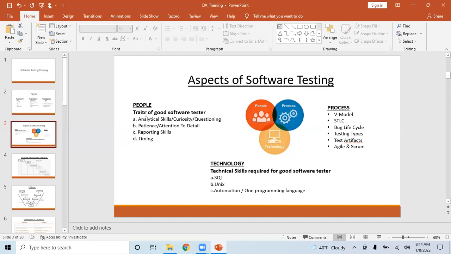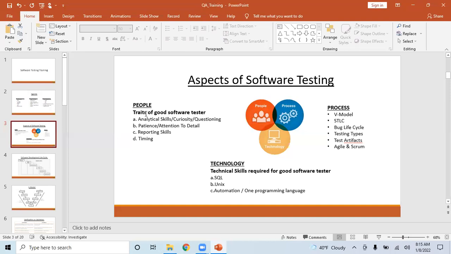When you find a bug during your testing, you have to document that bug. So attention to detail is very important in the way you document the bug, so that anyone who sees that bug should be able to easily reproduce it. The way you communicate that bug to your team is also very important. So you have to mention all the details of the bug and how to reproduce it, so that the developers or anyone who is fixing the bug can reproduce it easily. So that's where the second important skill, attention to detail and patience, is very important. And then the third is also reporting skills.